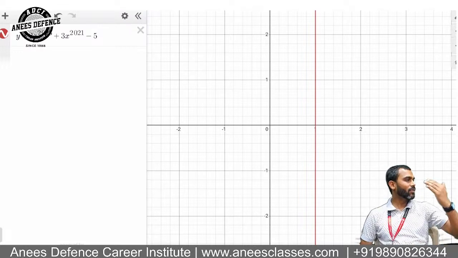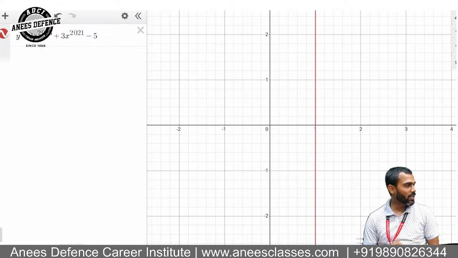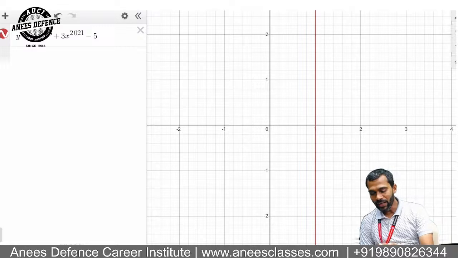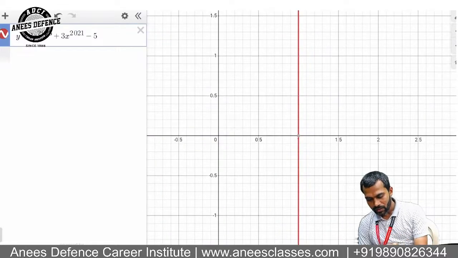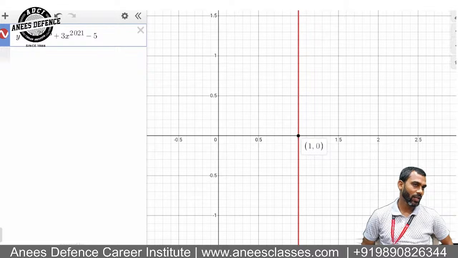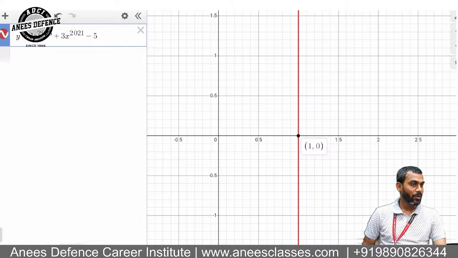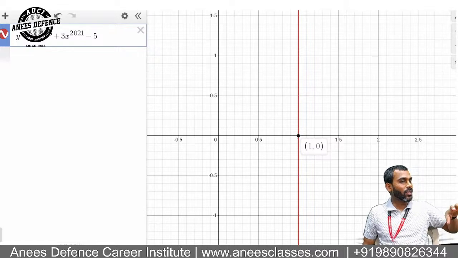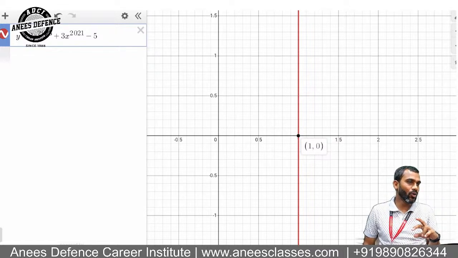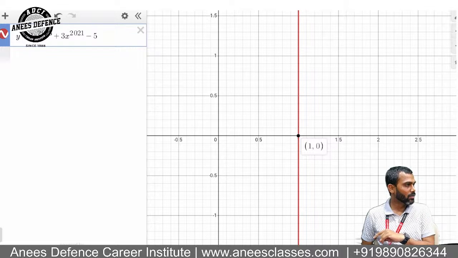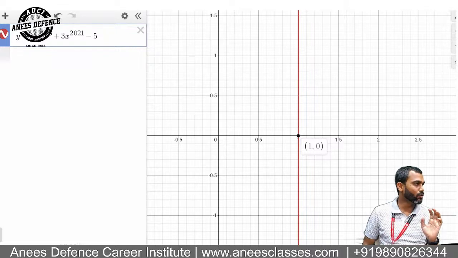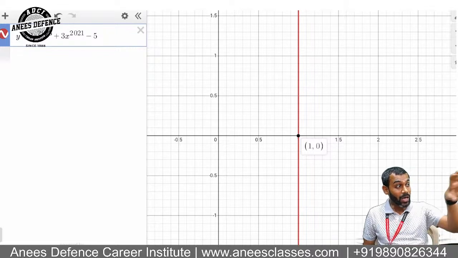basically the power is so high that the curve isn't visible to you, but the curve is there. We can clearly see it cuts the x-axis only once, it means there is only one real root, but the rest of them are non-real. How does that happen? 2 plus 3 iota, 2 minus 3 iota, in conjugate pairs. Yes or no? So the sum of all